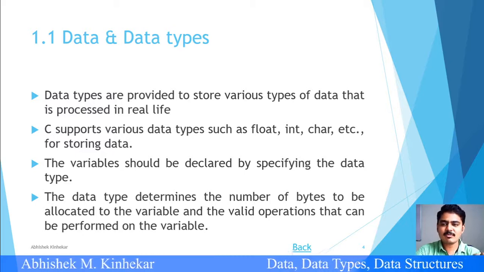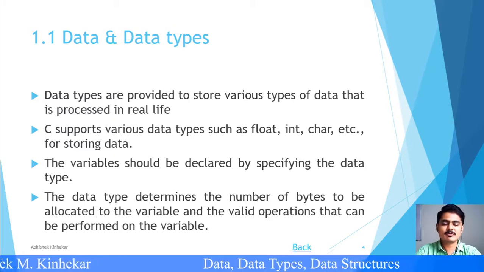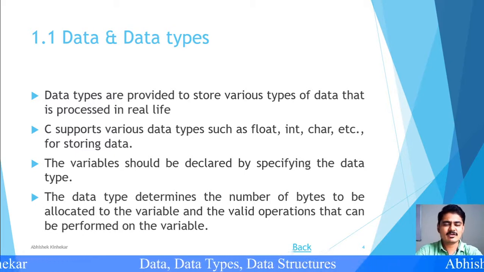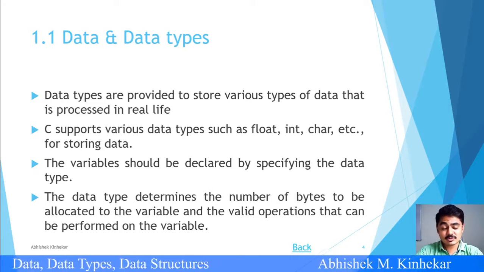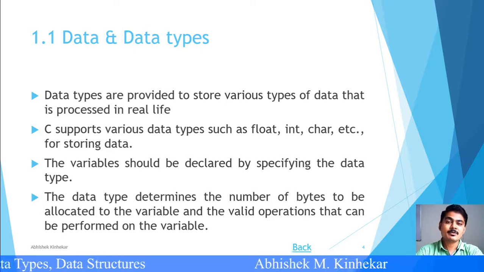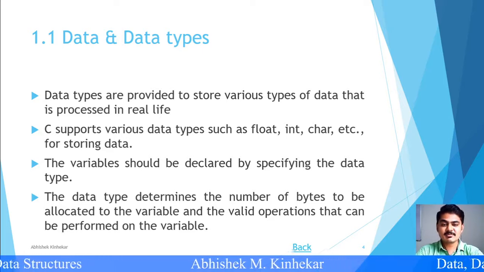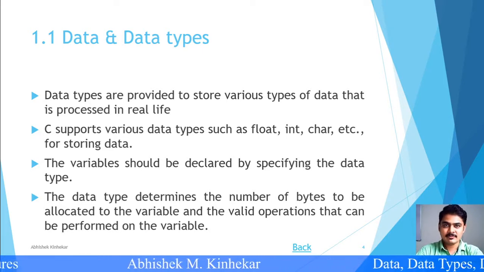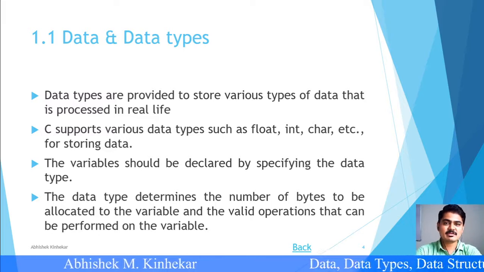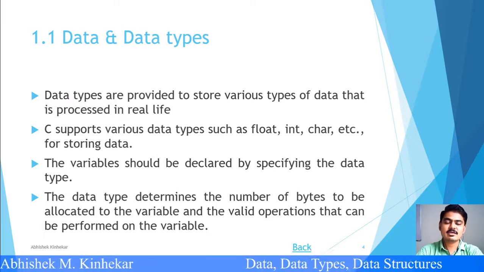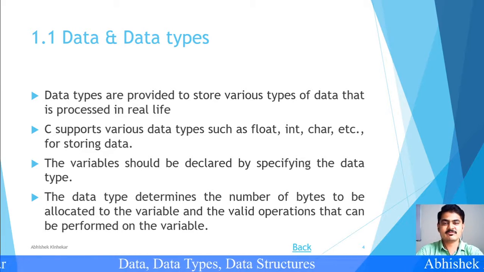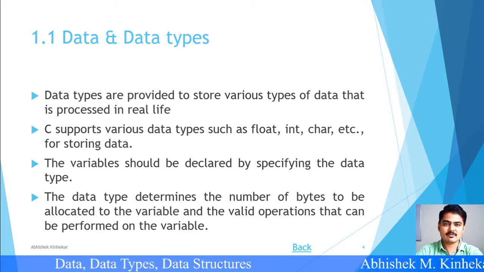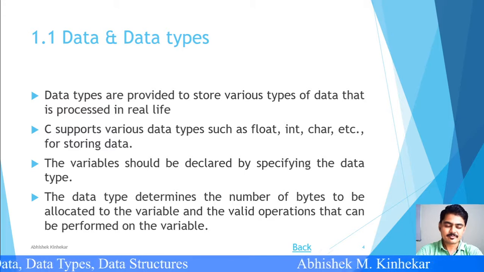Now whenever we talk about data types, we know that in C programming we have integer, character, float, and likewise all 4 or 5 data types. Now void is also a data type, double is also a data type. So what does a data type exactly tell the compiler? Typically speaking, a data type tells about 3 things. First, it tells you about the type of data which it is going to process, whether it is an integer or a character or a floating point number or whatnot.